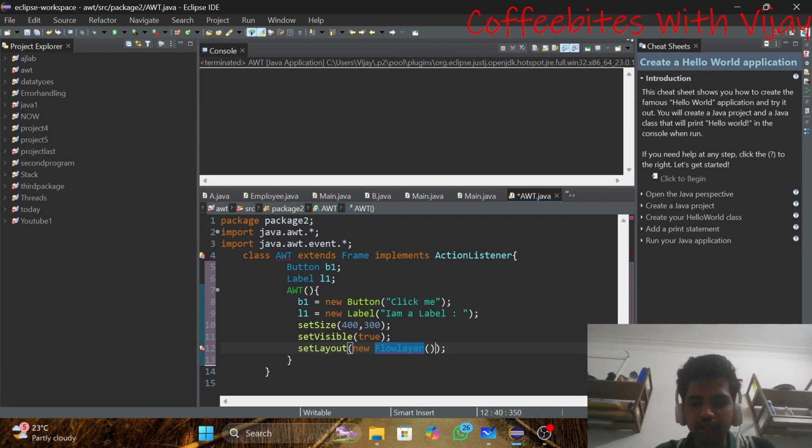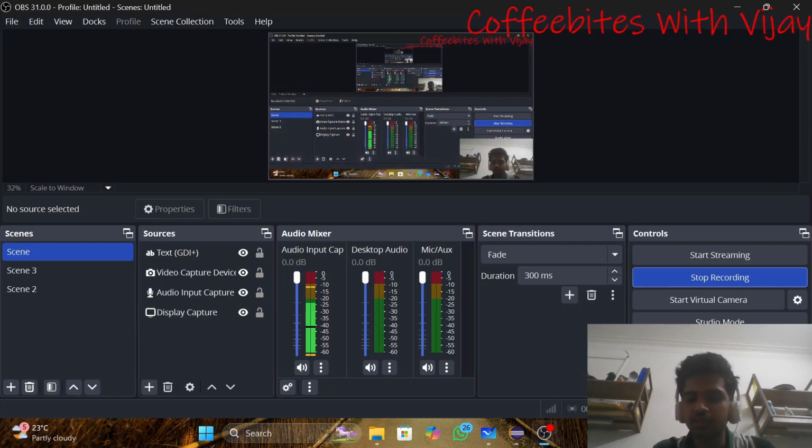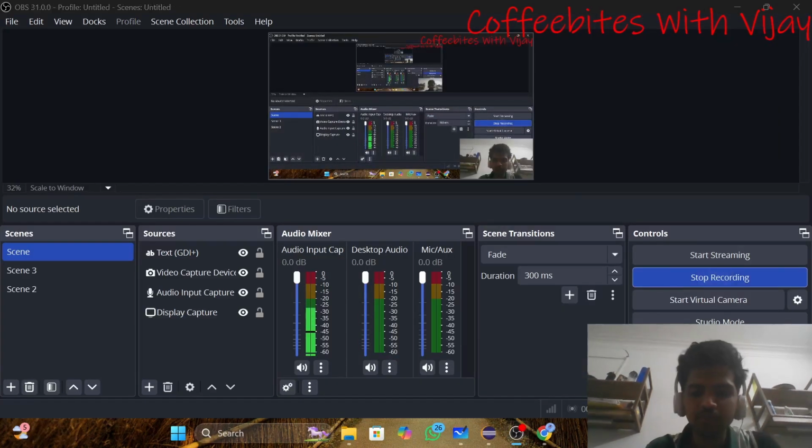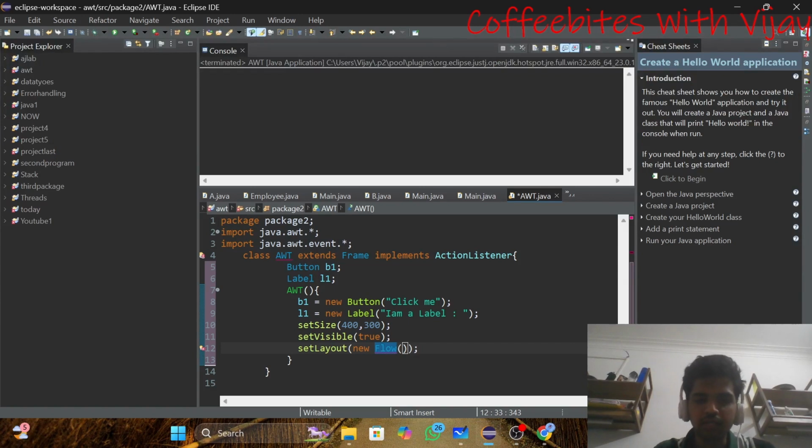Give me a second, guys, I think I forgot the syntax. Flow. This is not the syntax. Give me a second, guys. Set layout as new flow layout.